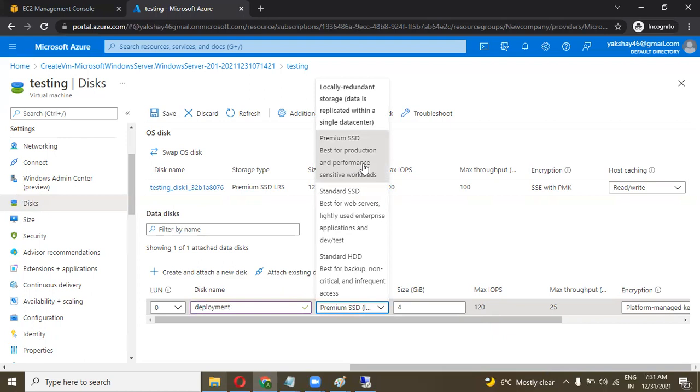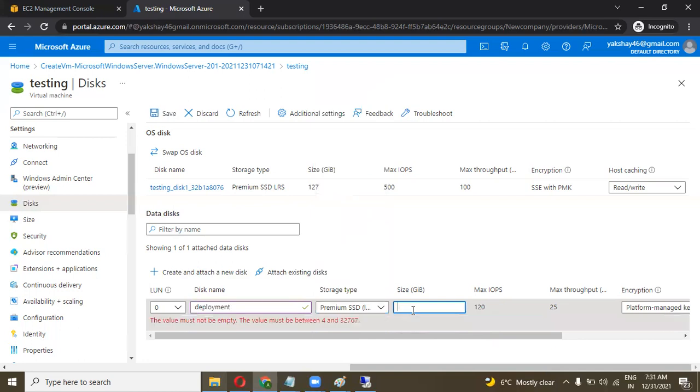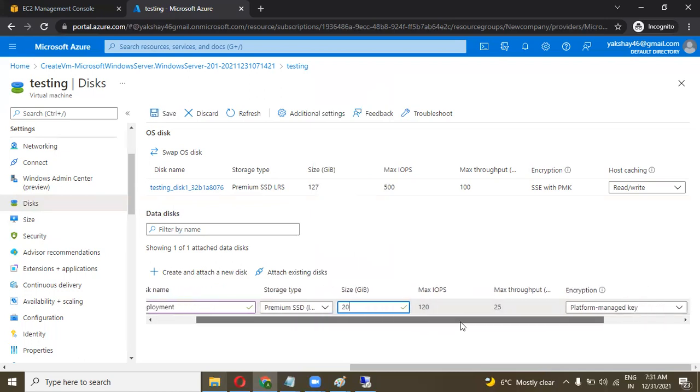It is best for production and performance-sensitive workloads. I'm selecting 20 GB right now. I can choose as per my requirement, like 40 GB, 50 GB, 60 GB or more.